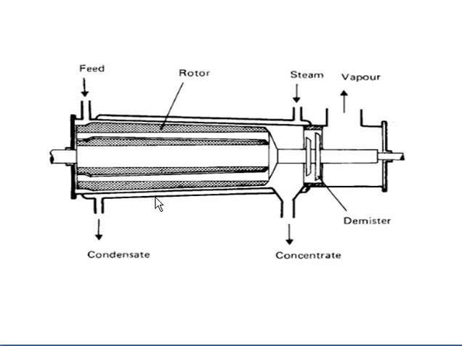So this barrel will move, this rotor will move, and the food product will stick on the surface, and after scraping we can easily get the food product. This one is your concentrated food product, and the vapor will go out from this section. So this is all about the important evaporators. Hopefully it will be clear to all of you. Next we are moving to our next section.